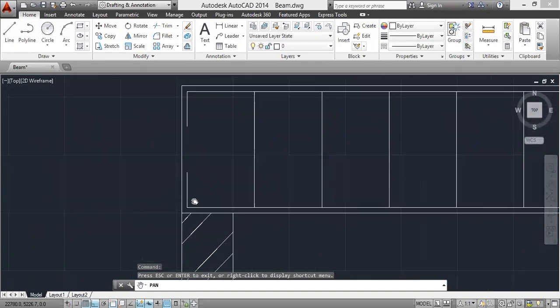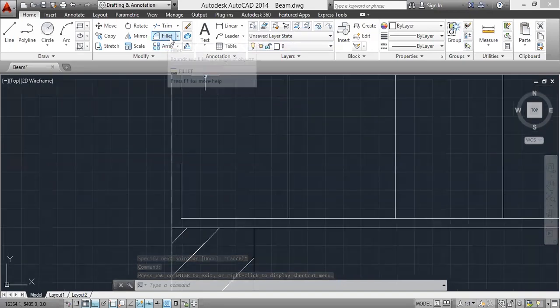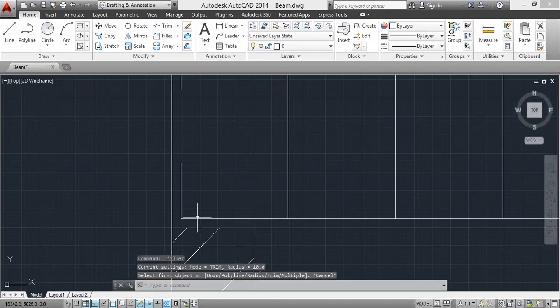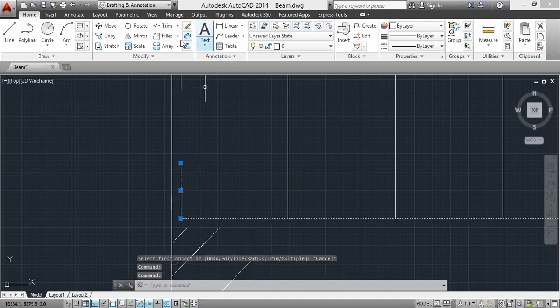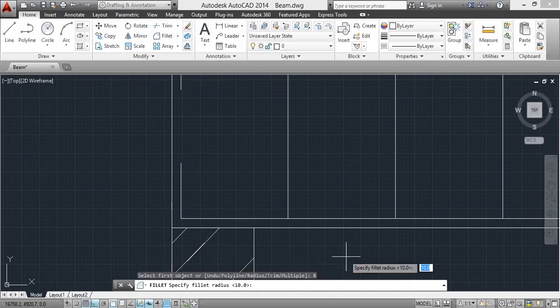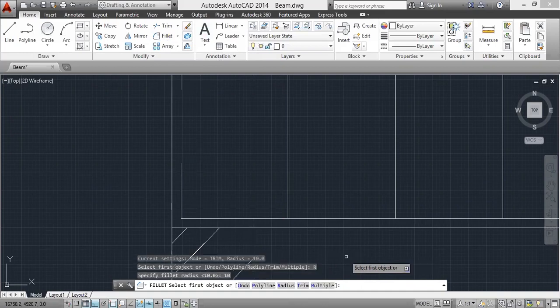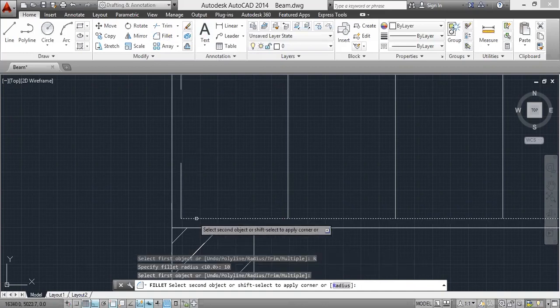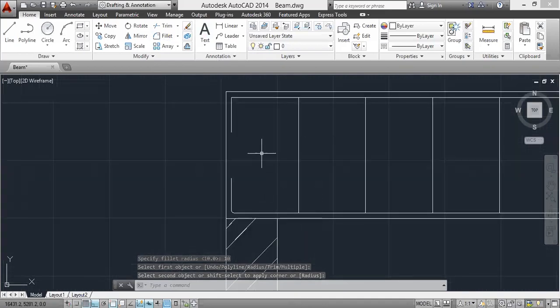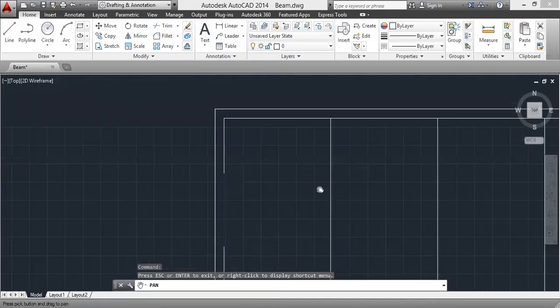So here the bar will be bent. So I'll be taking the fillet command. Select this line and select fillet. Select radius. Select 10. Enter. Okay. You can see the bend, right? The same you should do here too.